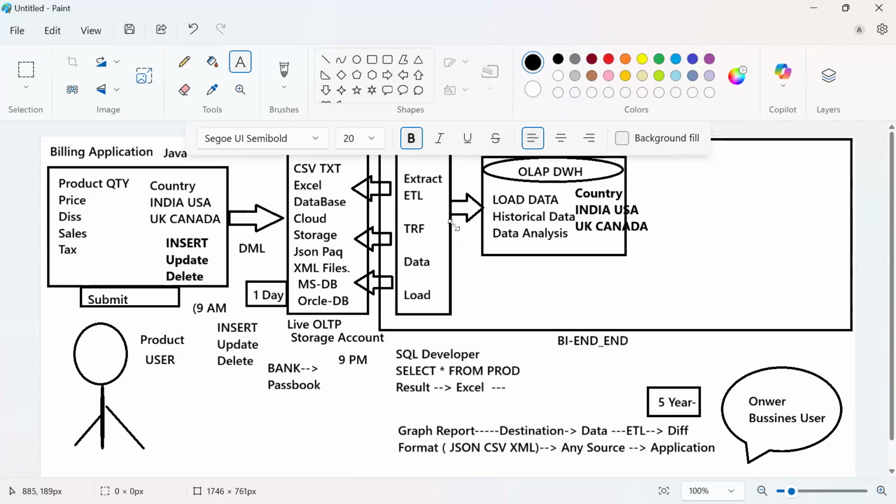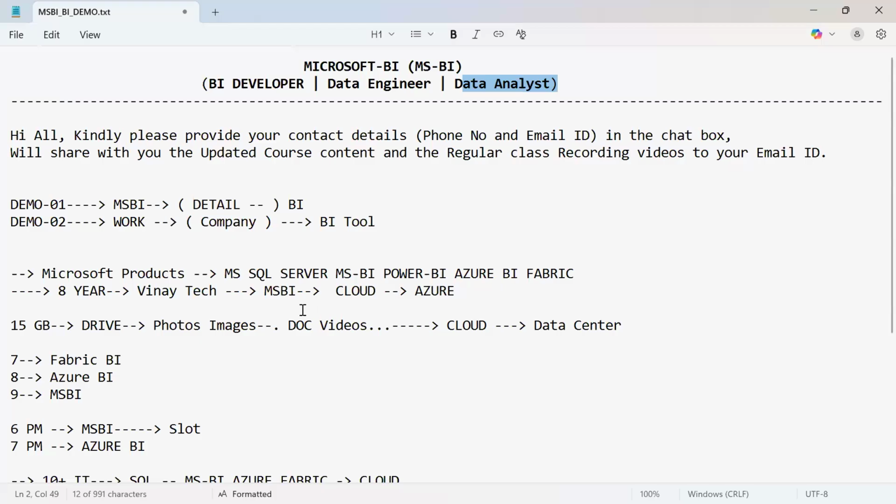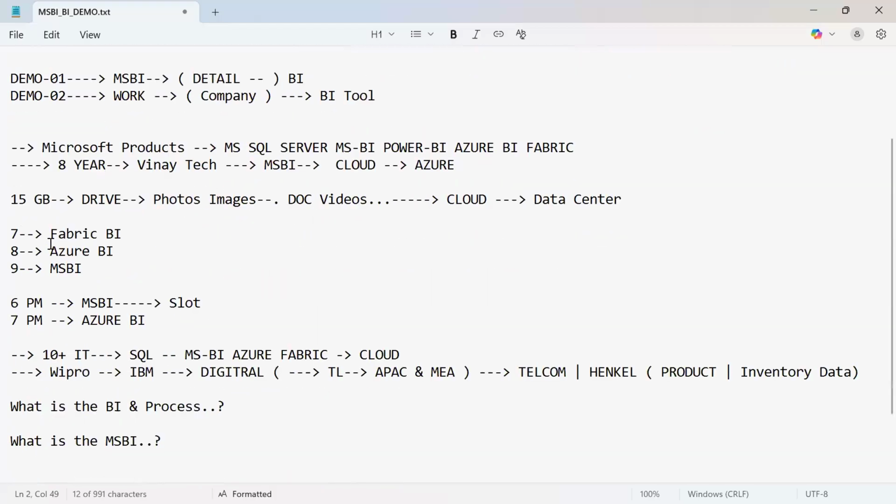And who is helping them? The ETL developers. The first work of an SSIS job is this one. This is the first concept in MSBI, called SSIS, one of the components in MSBI, a very powerful tool. And believe me, if you know this tool, in the further market, where I am teaching the course of Azure BI, you may have heard about Data Factory.